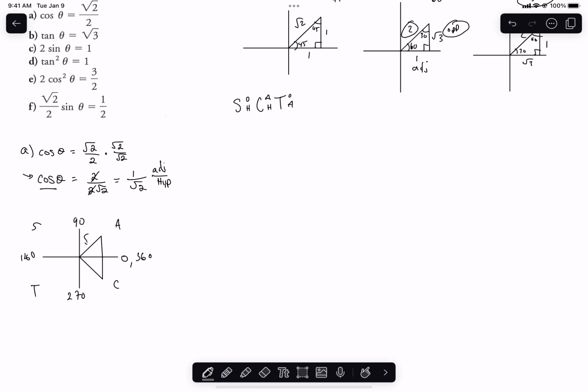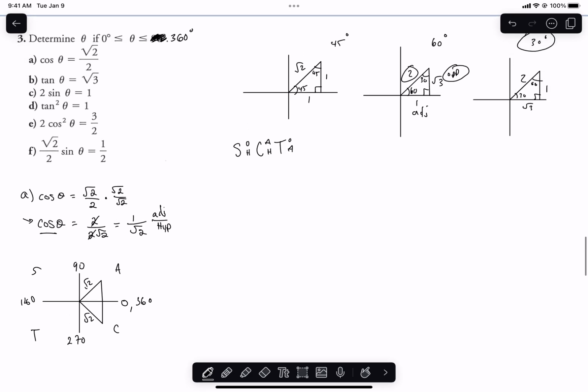Though I know this is root 2 on the hypotenuse. And anytime I see a root 2, that should clue you in that you're dealing with the 45-degree triangle, because if I look at the other two triangles, nowhere on them do I have a root 2. Okay, so that gives me that I'm dealing with a 45-degree triangle,